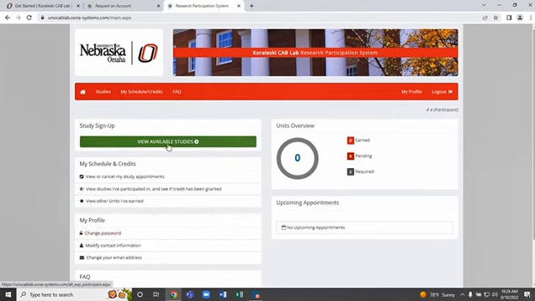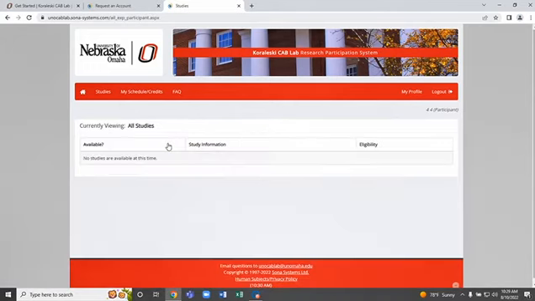So when you click the View Available Studies button, it will take you to this page. Now typically there will be a lot of studies on here and time slots available. We just don't have anything running at the moment. But you will be able to view all of the studies that are available to you and select time slots